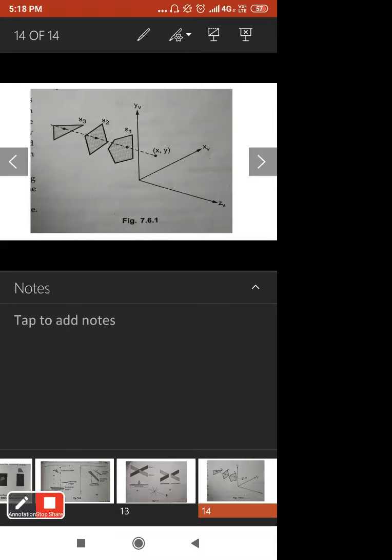Then each surface listed in the display file is processed, one scan line at a time, calculating the depth, meaning the z value of your particular object, at each xy pixel position.